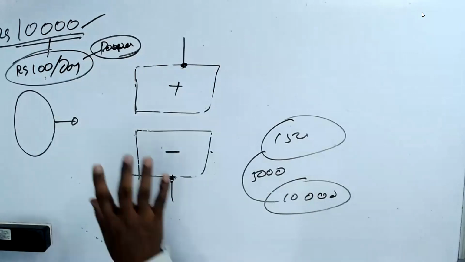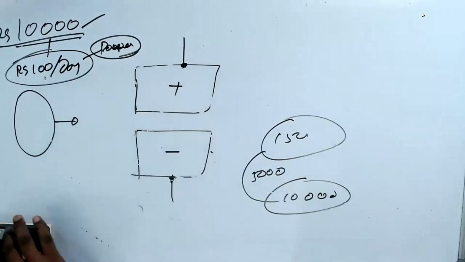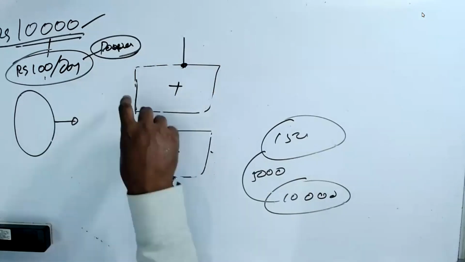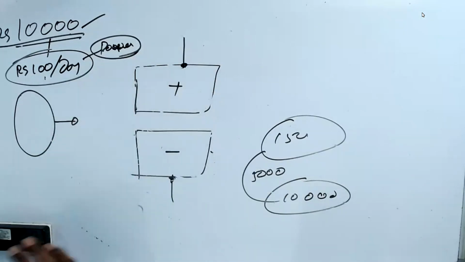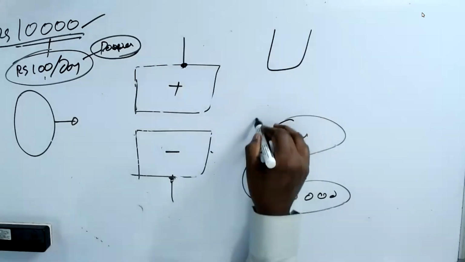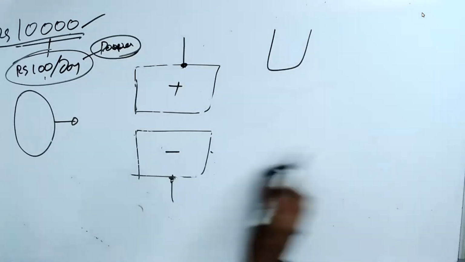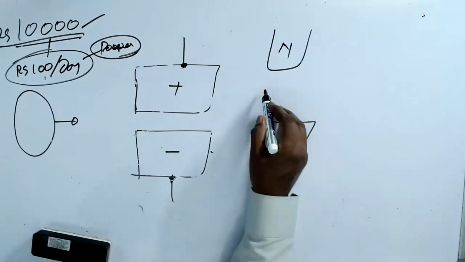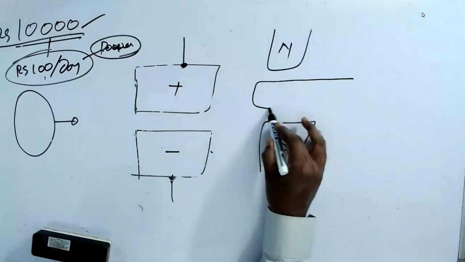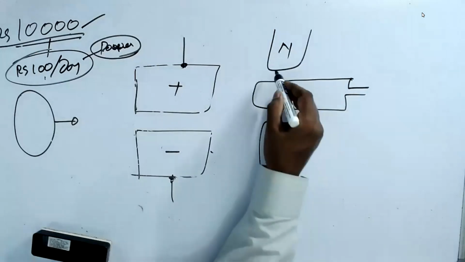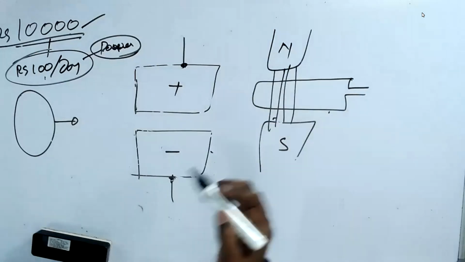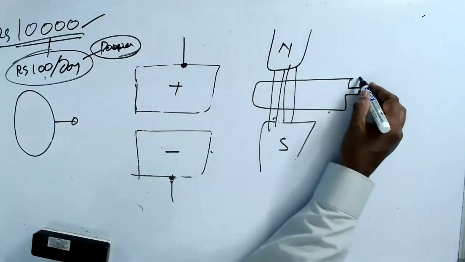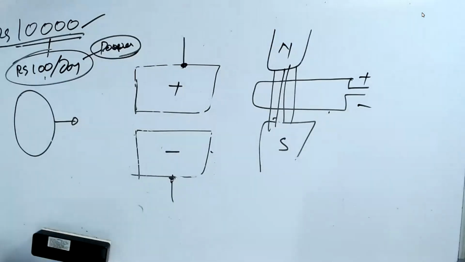No, we give the force to both, in common. We don't give it to positive and negative separately. The force will act on both. Then only you will get the potential difference. To discuss that, we have to talk more about how the reactions take place, how the magnetic field works, North Pole and South Pole. Go and watch the thumb rule. There is a coil which cuts the North Pole and the South Pole. What is the difference? One becomes positive, one becomes negative. Am I right? That's the way we do generation.